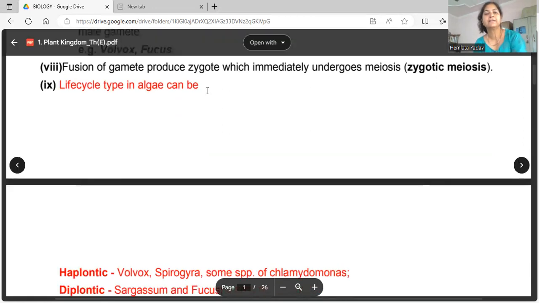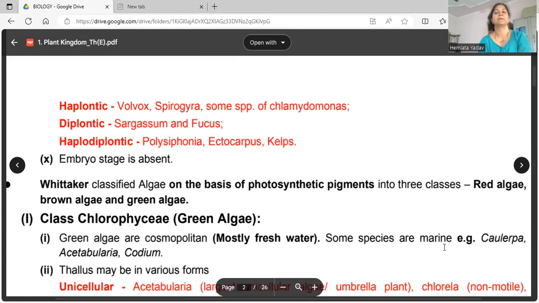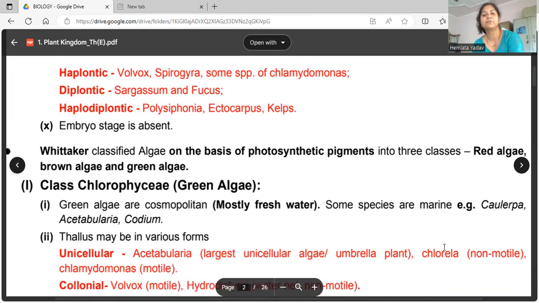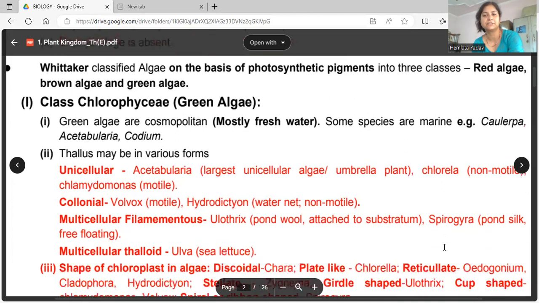Zygotic life cycle type in the algae can be... किसमें देखा जाता है ये? तो algae की लाइफ साइकिल देखें तो हैप्लॉन्टिक लाइफ साइकिल होगी वोल्वॉक्स, स्पायरोगायरा में. कुछ स्पीशीज क्लैमाइडोमोनास में भी हैप्लॉन्टिक लाइफ साइकिल. डिप्लॉन्टिक होगी सारगासम और फ्यूकस में. हैप्लोडिप्लॉन्टिक होगी पॉलीसिफोनिया और एक्टोकार्पस, कैल्प्स में. एम्ब्रियो स्टेज एब्सेंट होगी. Whittaker classified algae on the basis of photosynthetic pigments into 3 classes: brown algae, green algae